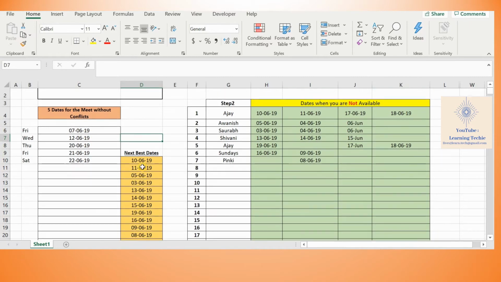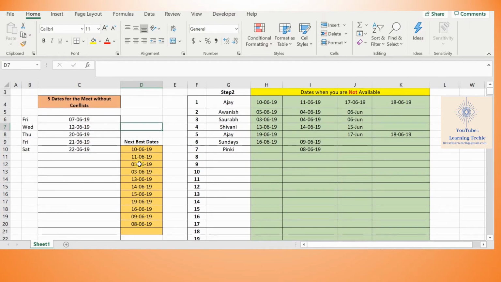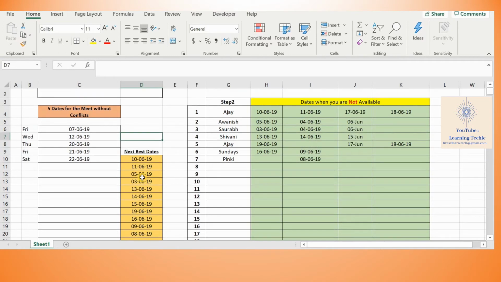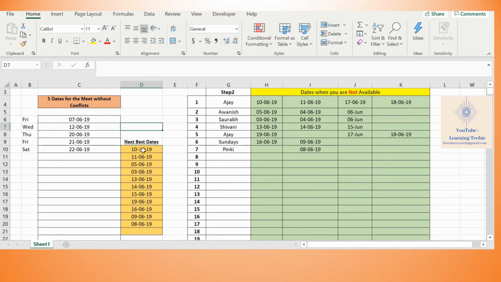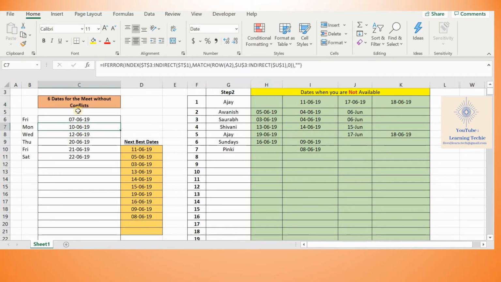Even then, this tool suggests what are the next best dates where you could arrange such an event. So if you see, 10th June is being suggested. On 10th June only Ajay is not available, others are all available. So if I remove 10th June from here, you see 10th June comes under no conflict dates.